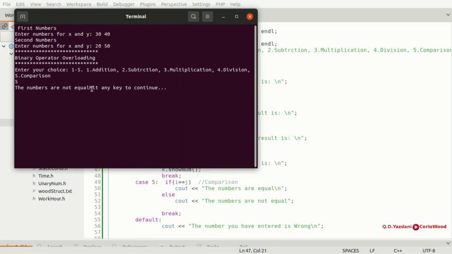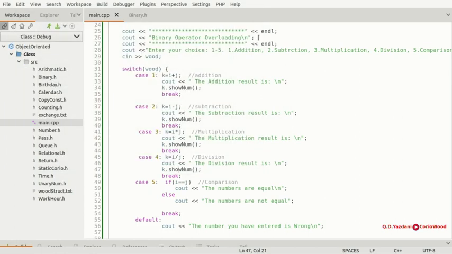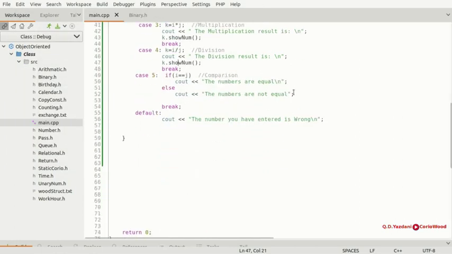So we put numbers. The numbers are not equal, because the numbers are not equal. So you guys need to decide whether they are equal or not equal. Okay,